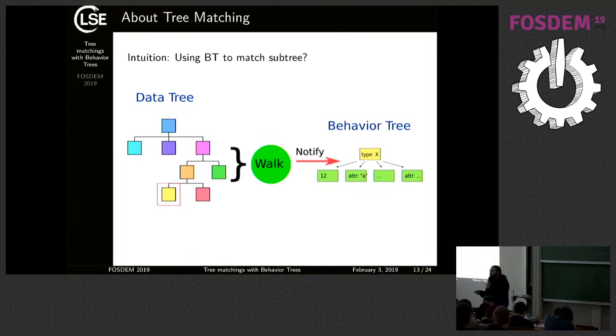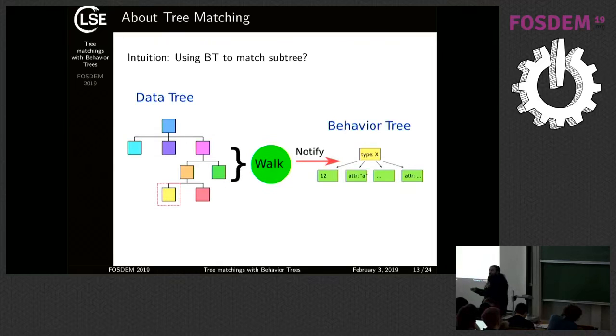You don't have an explosion of states. You have a lot of good properties. So I try to use this new way to describe automata, behavioral trees, to identify and do tree matching. The main idea is to have a walk method that allows us to traverse our data tree in the correct order, so bottom up, and to notify our